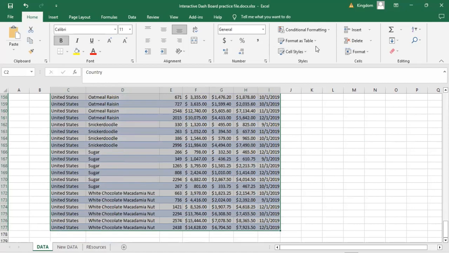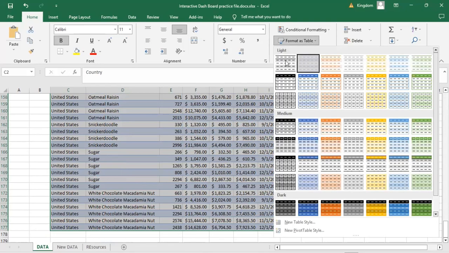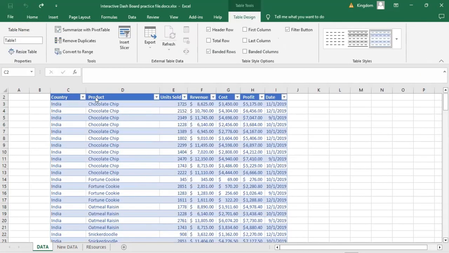Of course, remember what you usually do. Go to Format as Table and select any table there. Let's move this panel down, please. Good. And select any table there. Then OK. Now, immediately we do that, you can see that these filter buttons are already out. And those filter buttons play a very vital role, of course, when we are discussing pivot tables. So the next thing we want to do